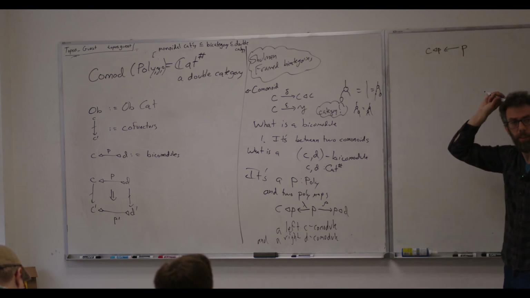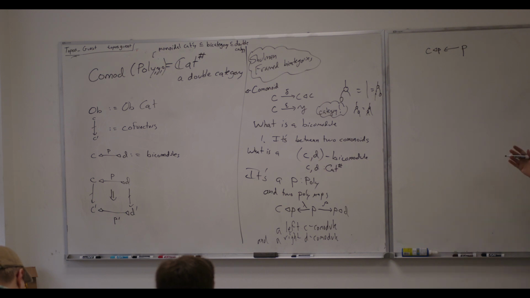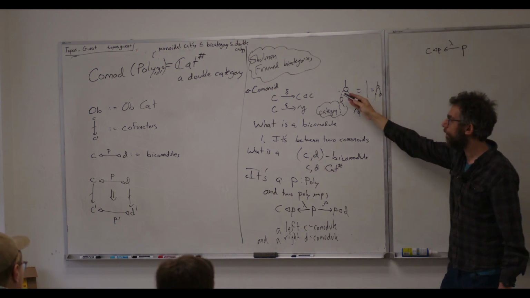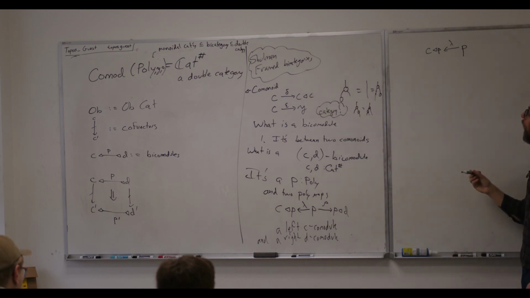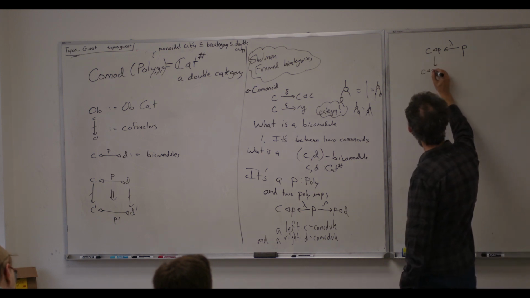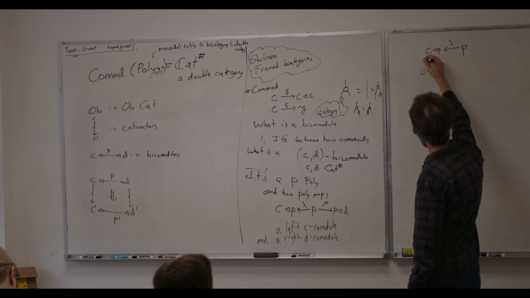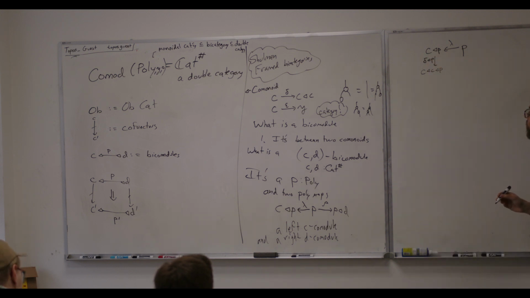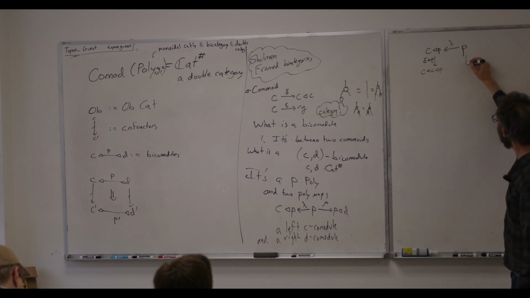Does anyone have an idea? If you're a category theorist, you learn what you're supposed to do here. We have lambda. We have this data. What should we ask lambda to do? If you duplicate C and copy P, it's the same as,